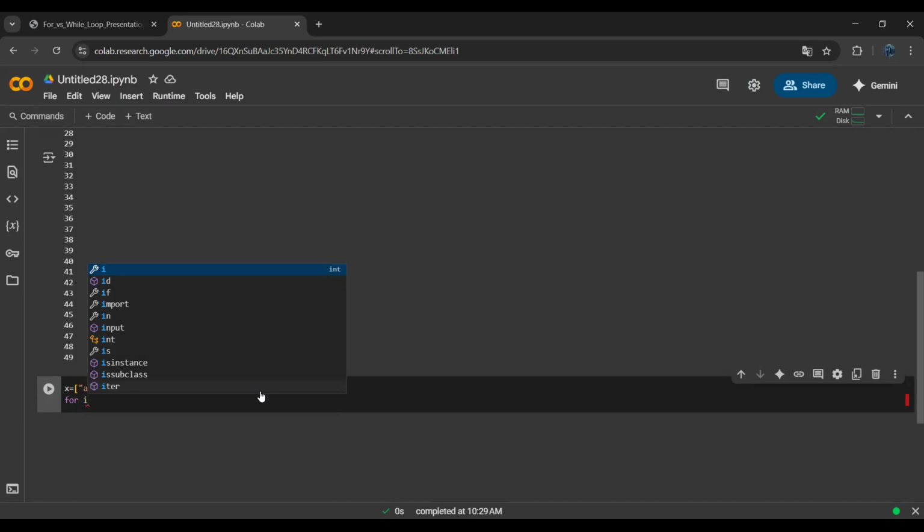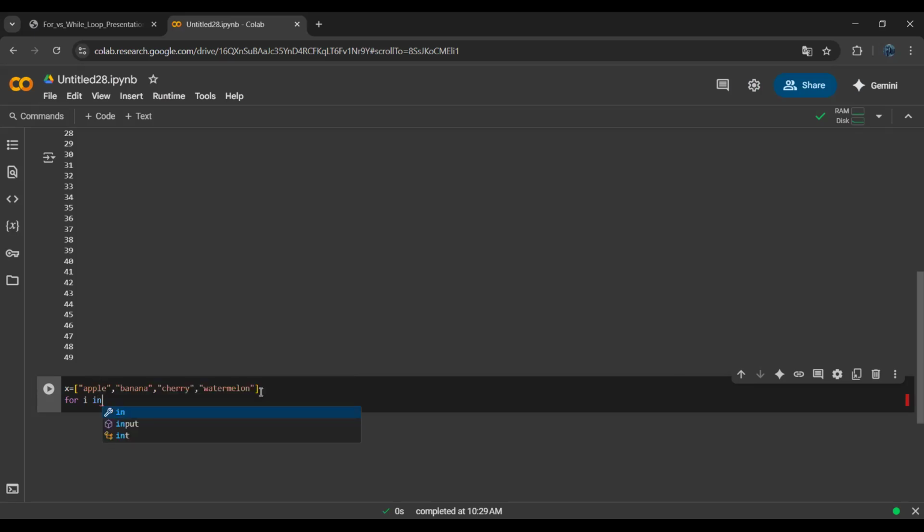After for i in comes the sequence, which is the list in the form of the x variable. So I am using for i in x. After that, I am printing